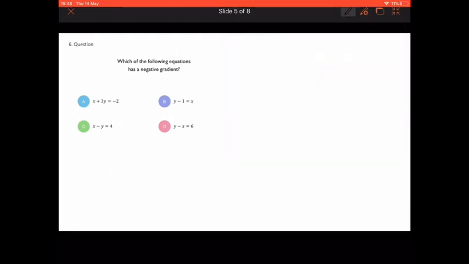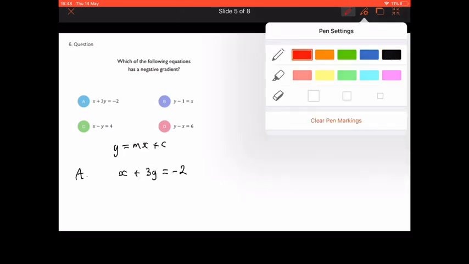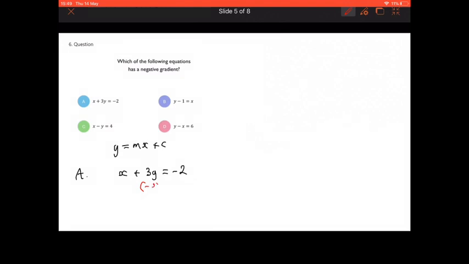With this one, we're looking for which equation has a negative gradient. Again, we need to get to the form y equals mx plus c. I'm just going to start with equation A, and we've got x plus 3y equals -2. So I need to get the x over to the right hand side just to have y's on their own. So what I'll do is I'll subtract x from each side,